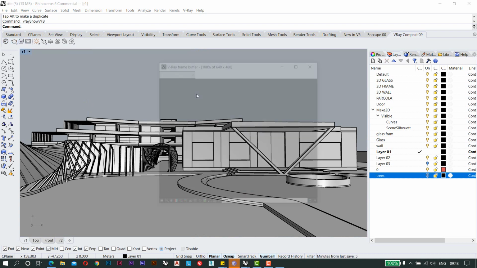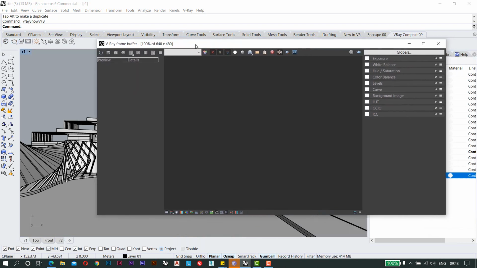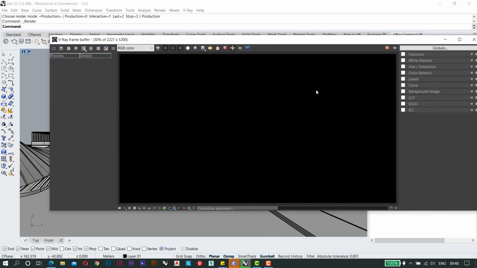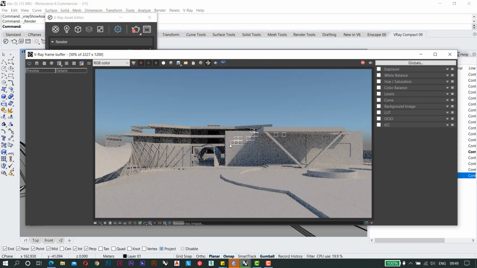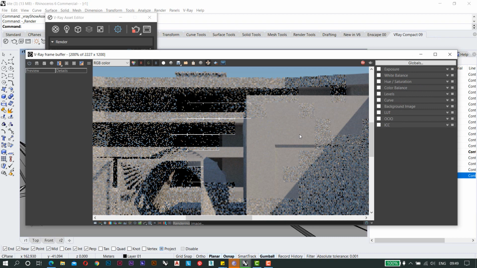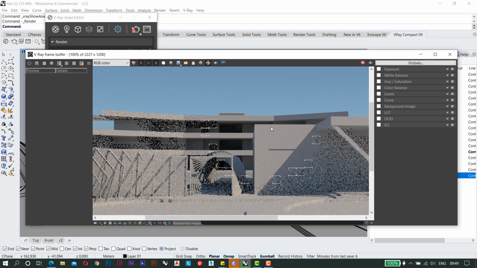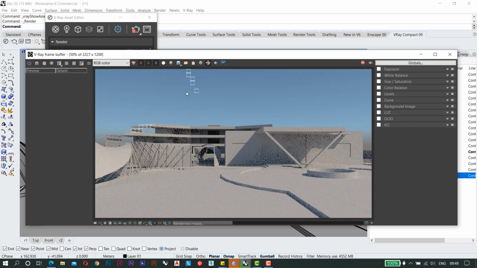So go to video frame buffer, which is this one. So click on this option. It will render the scene for you. So in this way it will record it. So you can see it has the gray kind of material here, and it has a light blue sky, and the rest everything is white. So how to achieve this blue color gradation at the back?